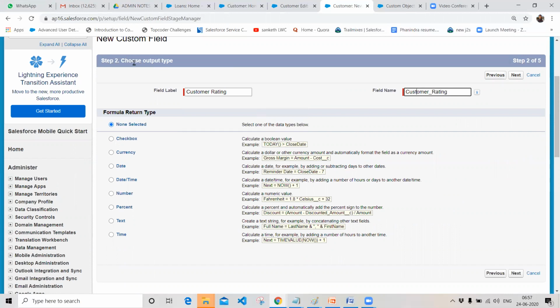And what is my return type? My return type is text. Even though it is a number field, I'm taking my return type as text. Why? Because I'm making a calculation with respect to the currency field, and I want to return a text value. So I'm choosing my return type as text and click on next.